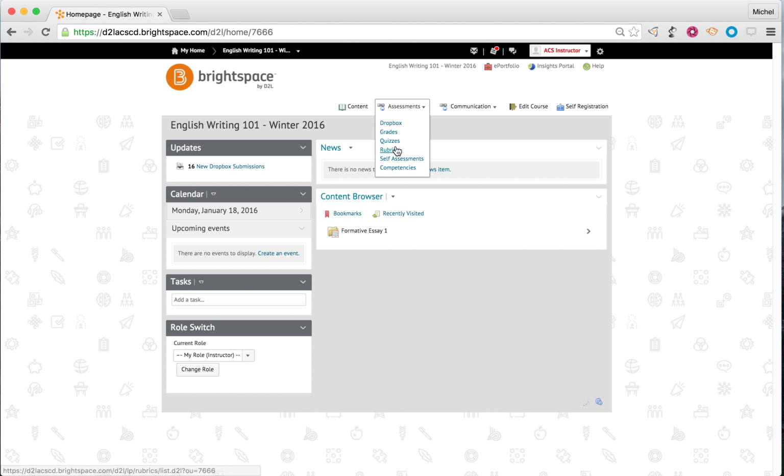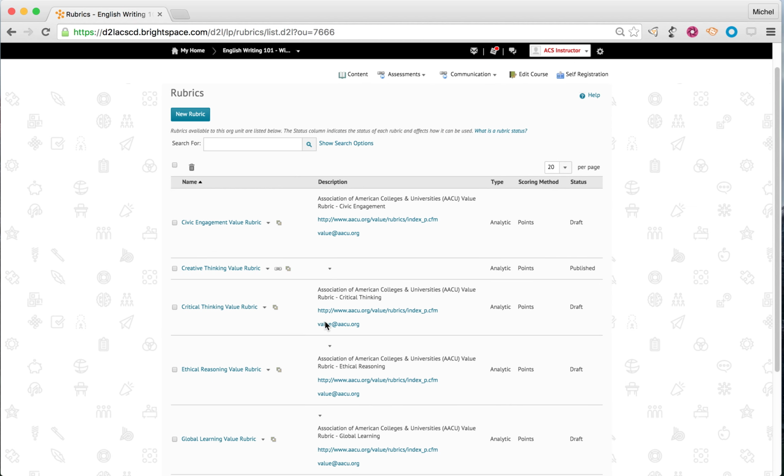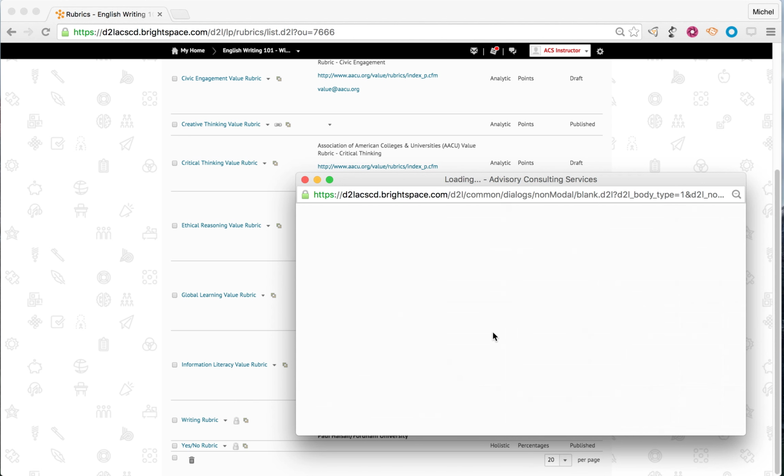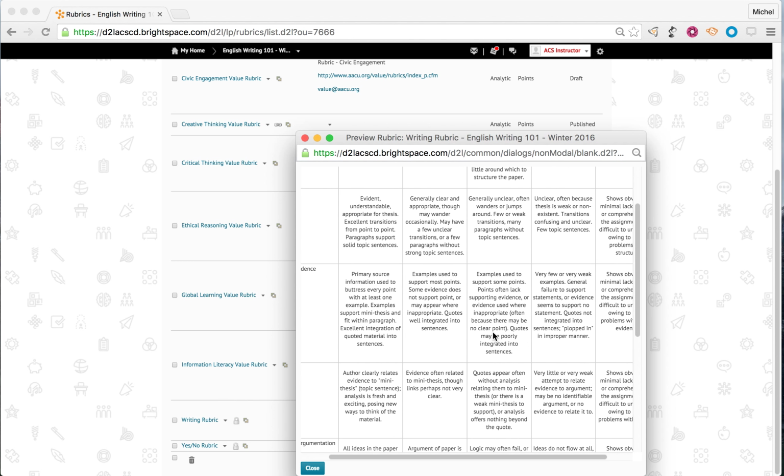I go to assessment, assessment rubrics, and here I have a series of rubrics. They're shared down to me. I could create a brand new rubric if I want, but for the purposes of this demo, we'll use here the writing rubric. So you can look at the rubric, preview it, and from here, what we'll see is this